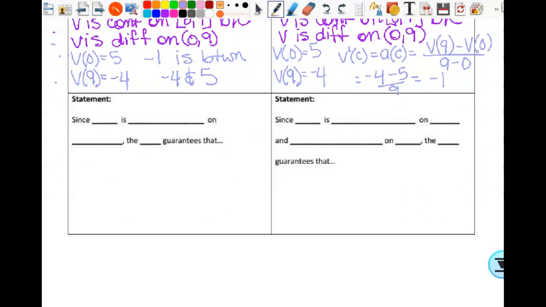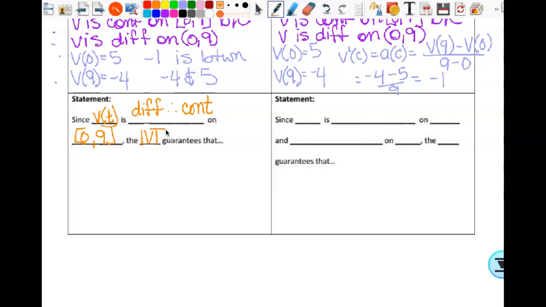Since V of t is differentiable, therefore continuous, because really all we have to have is continuous, but the way we know is because it's differentiable. Because it's differentiable, therefore continuous on 0 to 9. So we're stating what has to be true. It has to be continuous. The IVT